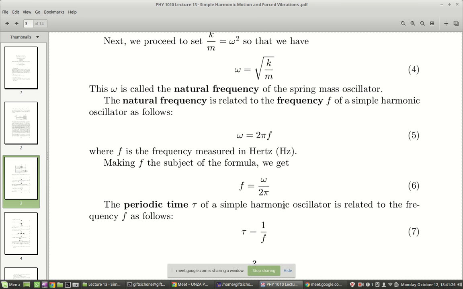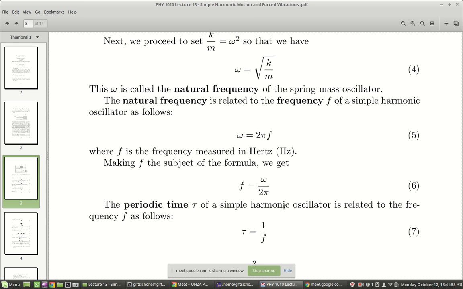When something is going back and forth about an equilibrium position, it is equivalent to something which is moving in a circle. When something is moving in a circle and something which is going back and forth, as far as physics is concerned, they're the same. Okay. So that's how we get our frequency. The natural frequency is omega, which is the angular